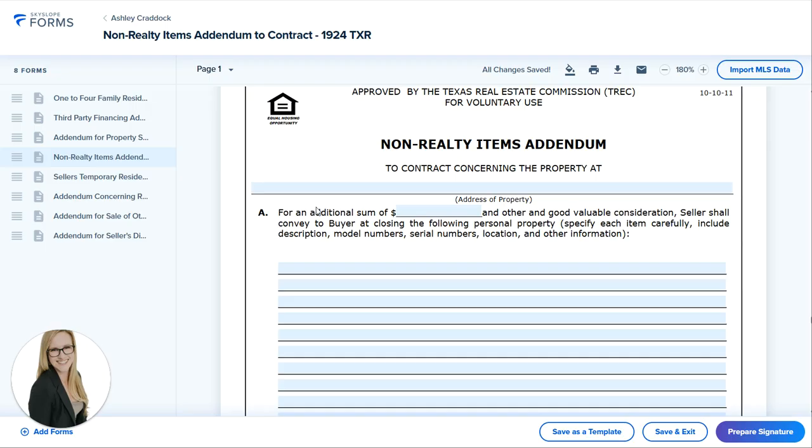Next one I've got in my little example here is the non-realty addendum. This is something you would write in on paragraph 22 if you were adding this addendum into the contract. Once again, it'll autofill the address, and then you'd be saying what those non-realty items are. A great example would be a refrigerator. Ideally, you will list the brand and color and location, as much information as you can. Same with if it's a washer dryer, if they're leaving outdoor furniture, anything that would otherwise be considered a non-realty